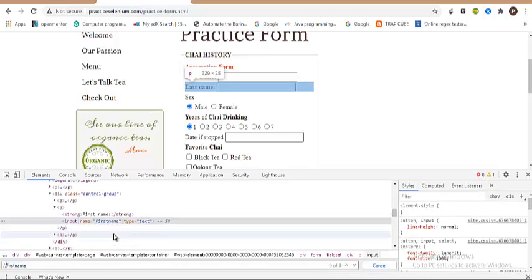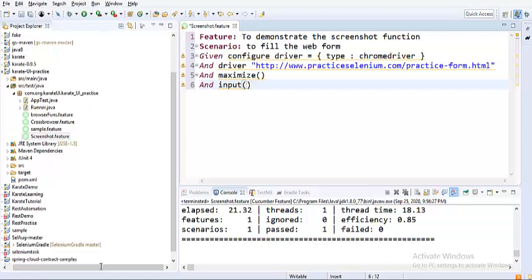I think it is enclosed in an input tag, and I would use the name attribute. I'm writing an attribute based XPath. So there you go, you were able to identify 1 out of 1. The input function basically takes two parameters: one is the locator value, and the other is the value that you would like to pass.